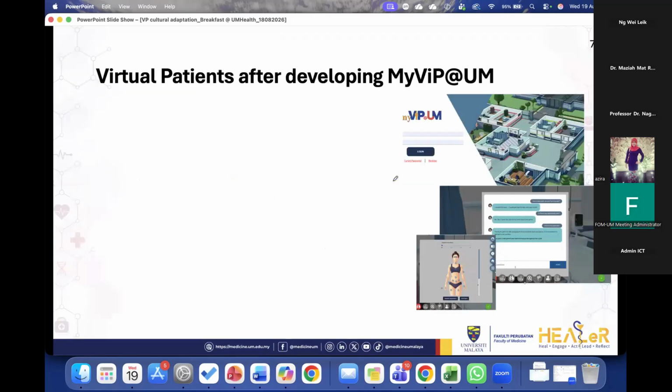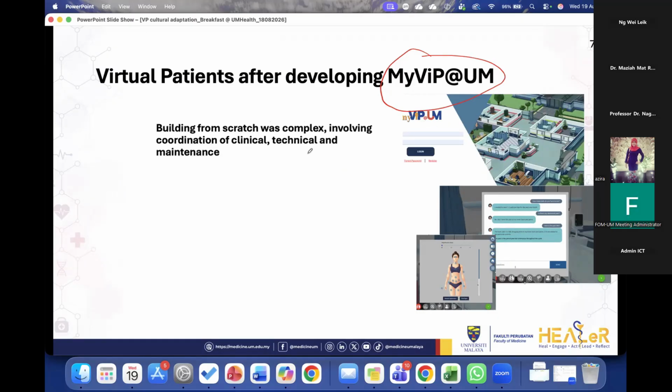At the Faculty of Medicine, as Prof mentioned earlier, we have developed a virtual patient software called MyVIP, and both he and I were part of this team, which came about during COVID when we were a bit concerned about whether COVID was going to affect the access of our medical students to real patients. Of course, eventually COVID cleared up, but we were left with a software that was fully functioning, and eventually we were able to adapt it with Prof. Lau Yiling's help for use in the PBL